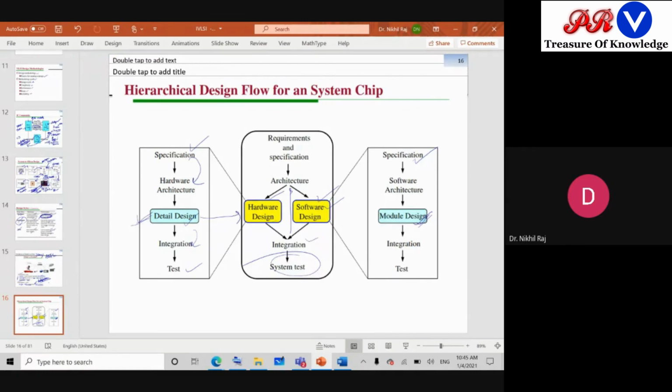module design, like in digital we are designing some module circuits. You must have heard these words. Suppose like full adder you are designing. So in full adder you are using some AND OR gates. So that AND OR, you can say the hardware part is there, and for the software part you have written the program of full adder. So how those are picked and when to pick and how much should be the delay, that is to be specified in the module part. So that is your software part. Then integration and testing is done.